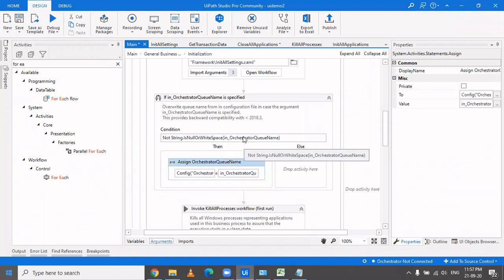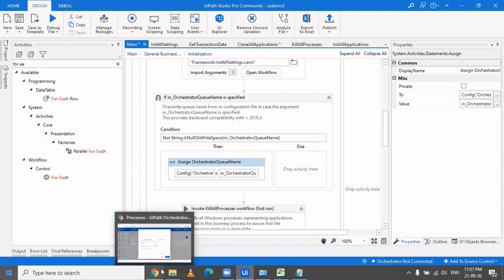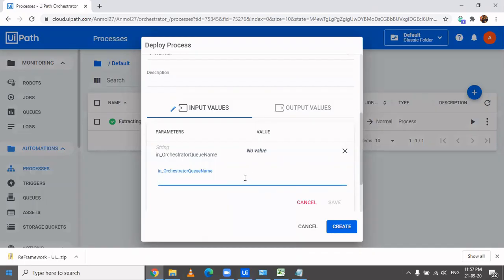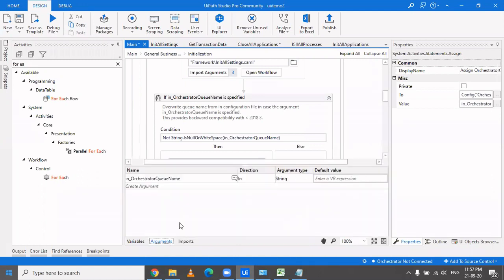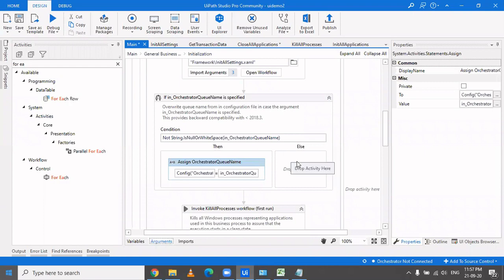But if somebody is passing some value, saying use this particular queue, and I'm passing the queue value here while creating that process to run, then it would pick up that queue name. So you see what it is doing: it is overwriting the config orchestrator queue name with the queue name I have passed. So this is the use of it.